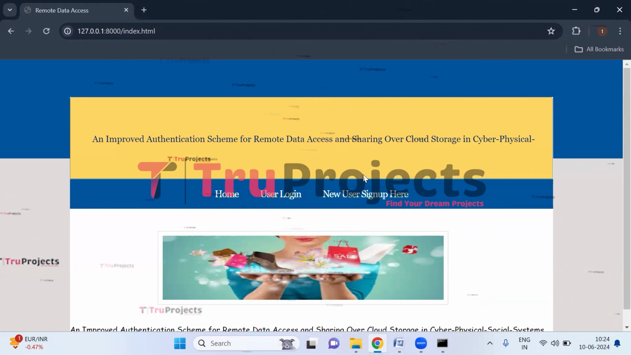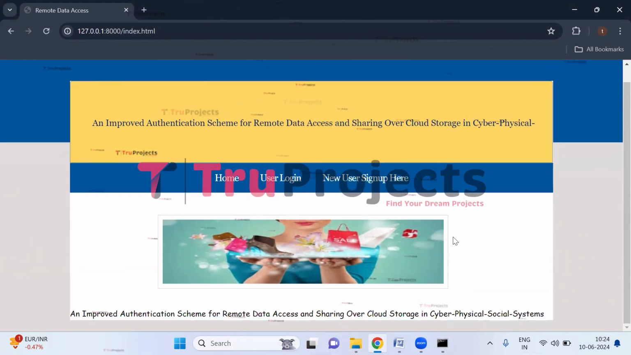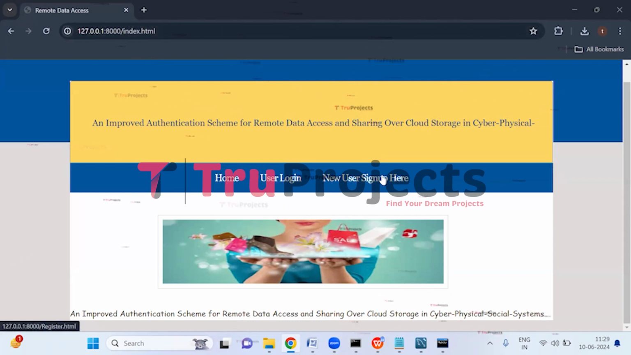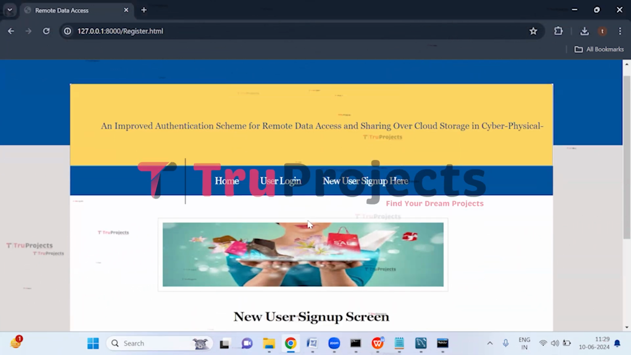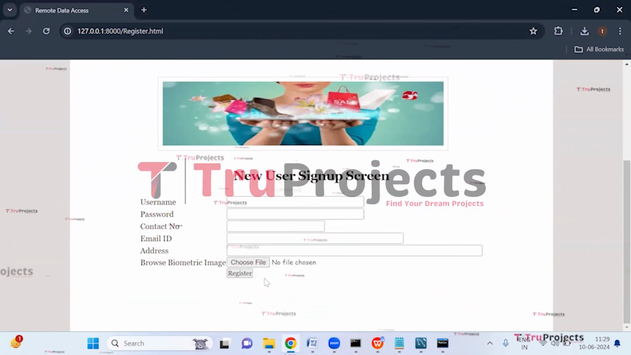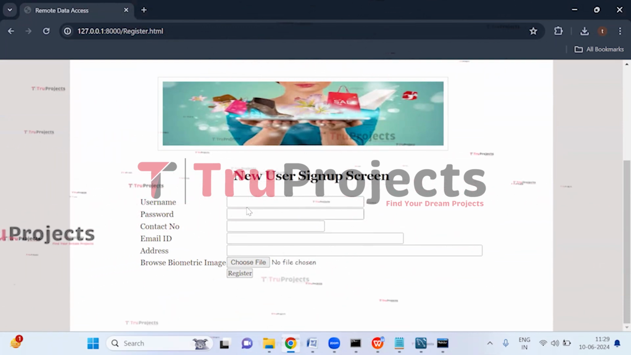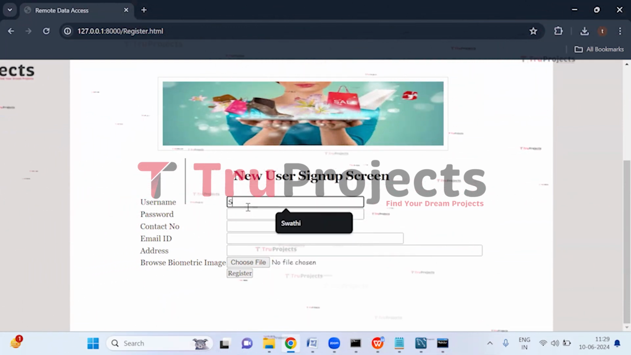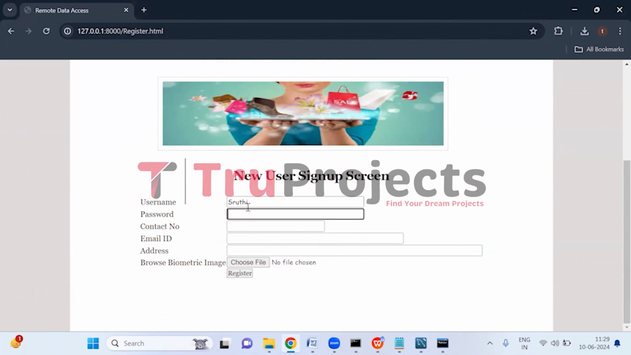This is the front end built using Django framework. So here we can see two options, user login and new user sign up here. First, we will register a user. So click on new user sign up here. So here we need to enter all these details to register a new user. We need to enter the username. So the username is Shruti, the password,